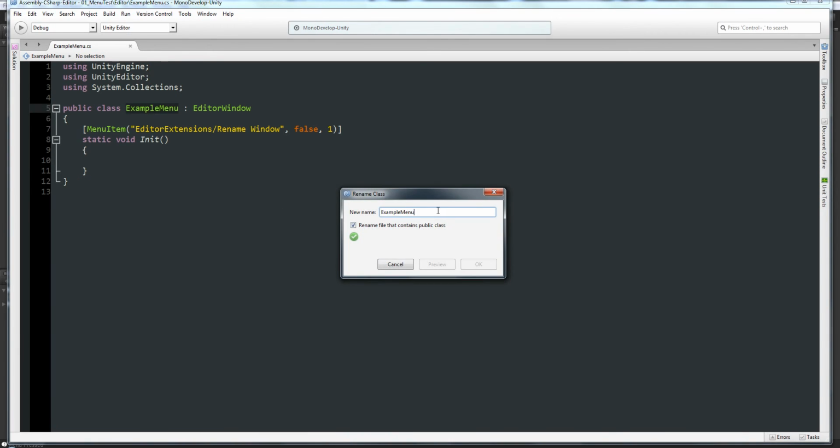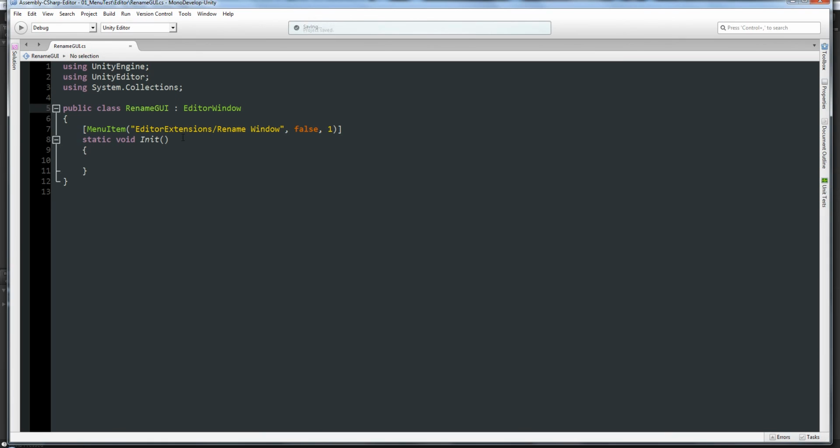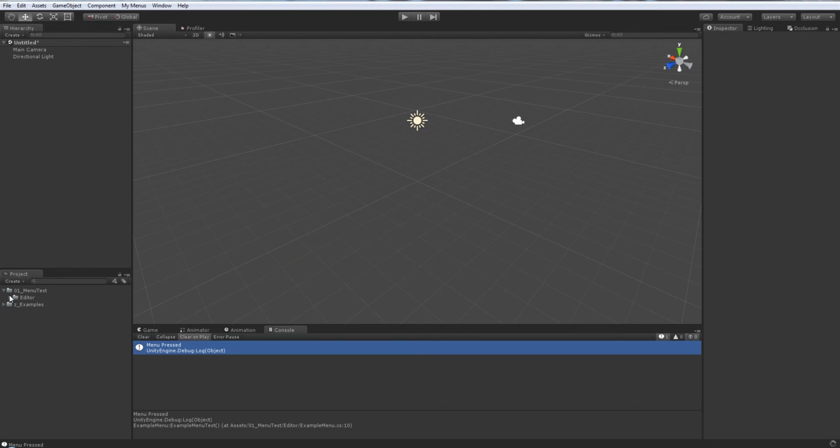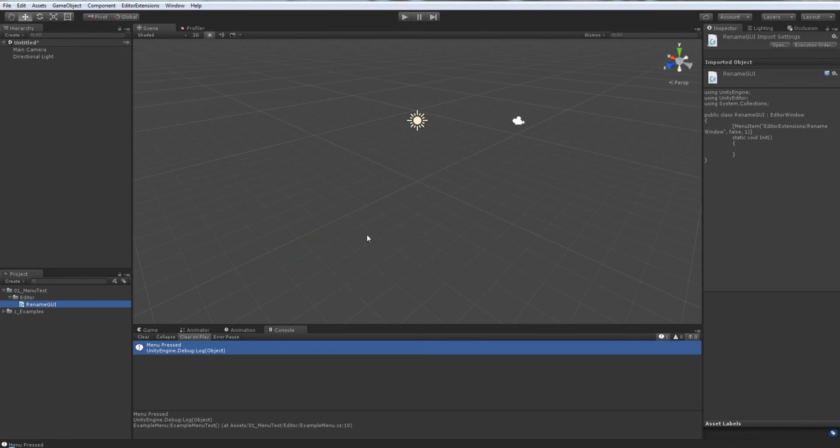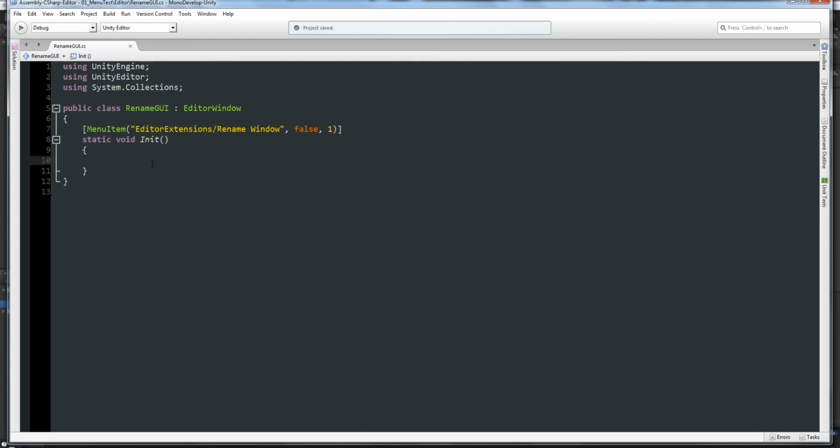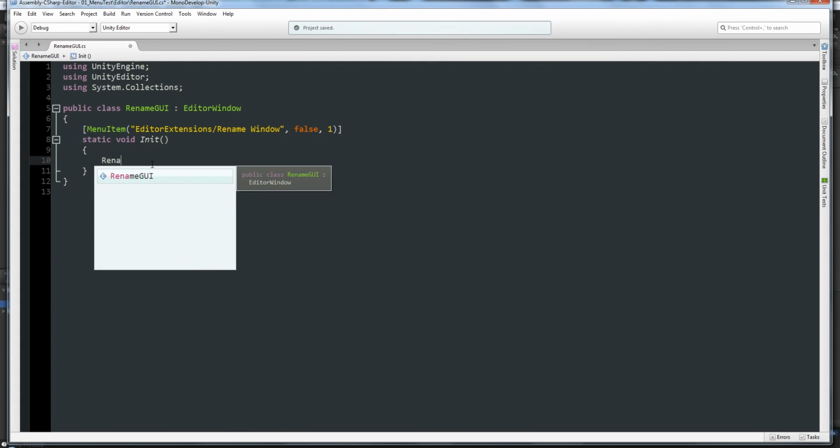By the way, by pressing F2 you can change the name of the script and the class, which is safer. Rename GUI. We're going to name it rename GUI because it sounds better. Here I'm going back to Unity. So it changed to rename GUI. And now I will say rename GUI,